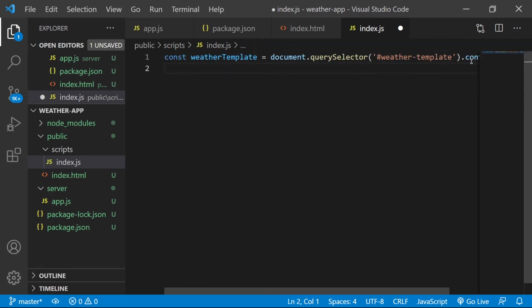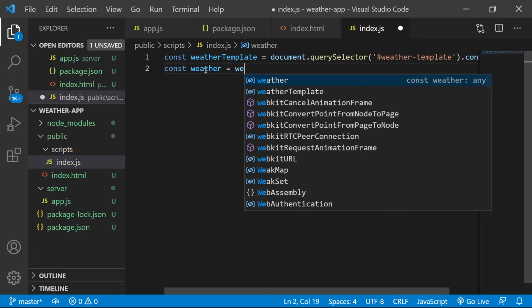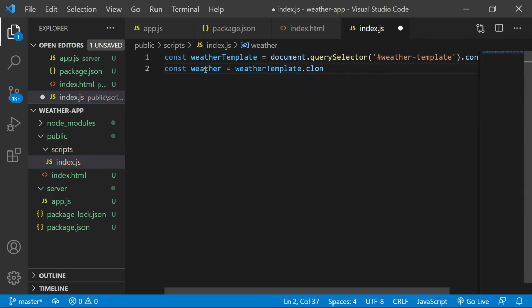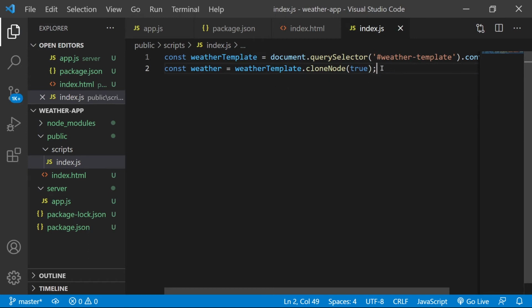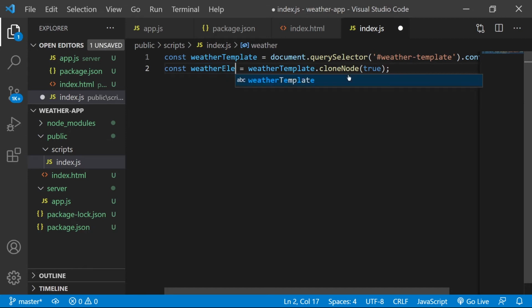And then here we can have just the weather. The weather will be weather template dot clone node true. Let's say here maybe just weather element.